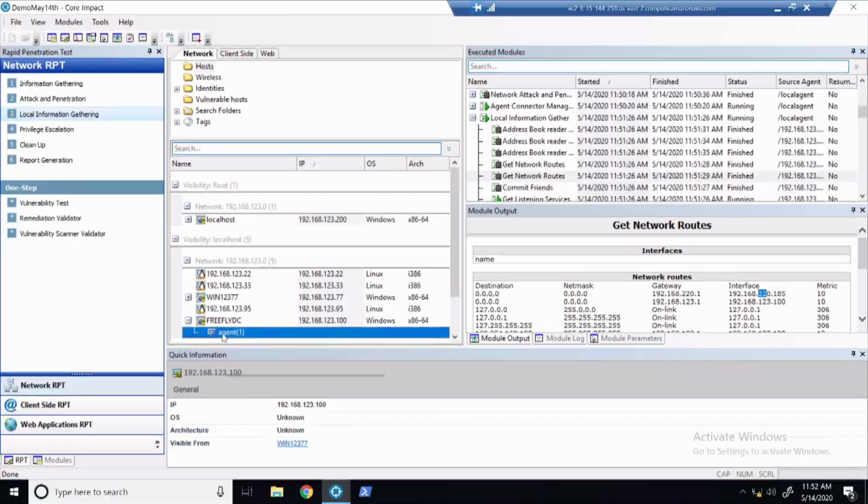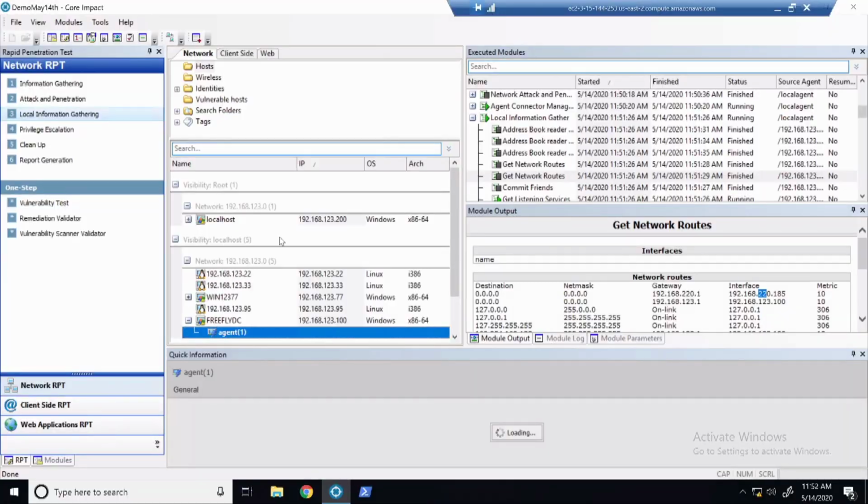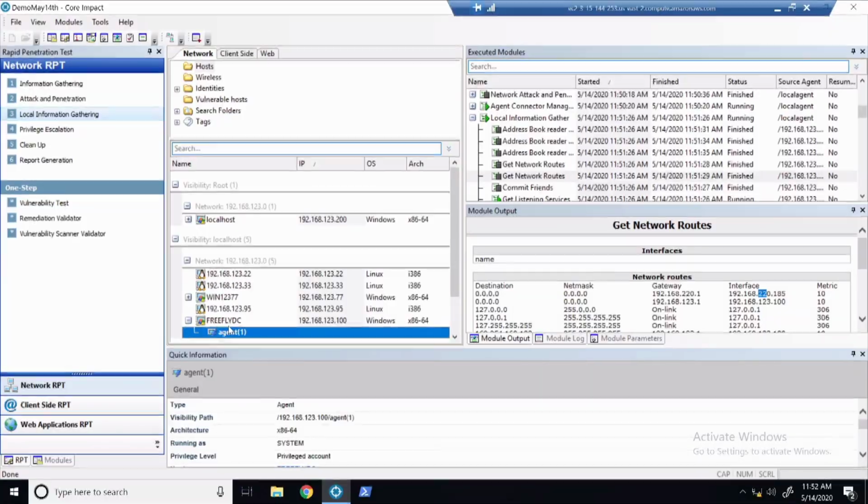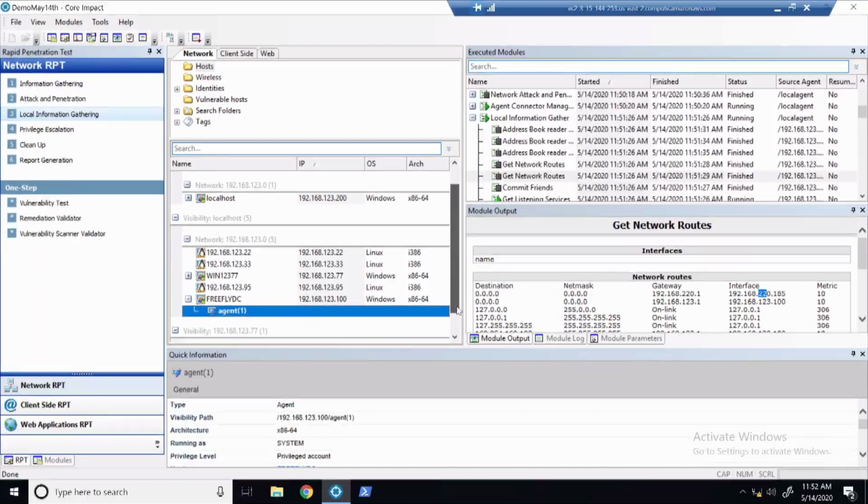But what I'm going to do is right click. I'm going to set this as source. So now I'm attacking from this agent. I'm attacking from the DC. I don't know if I have enough time, but usually I'll pop open Wireshark so people can see that it's going to be the DC that's doing that. Yeah, but so basically you've made that agent proxy all of the traffic from Core Impact to attack that other